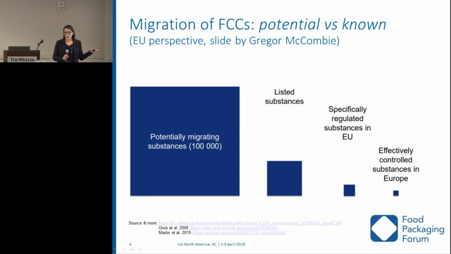So 100,000 potentially migrating substances, 10,000 of those are used as intentionally added substances. Then specifically regulated in Europe are about 1,000, and that applies to the plastic food contact materials because the other food contact materials are not harmonized in Europe. There are regulations for those on the national member state level, but European-wide it's the 938 substances in the plastic regulation. And then the really important part is what is actually effectively controlled. How many chemicals are being enforced? And there, depending on which member state country you ask, it will range from less than 10 to maybe 100 chemicals. Okay, so